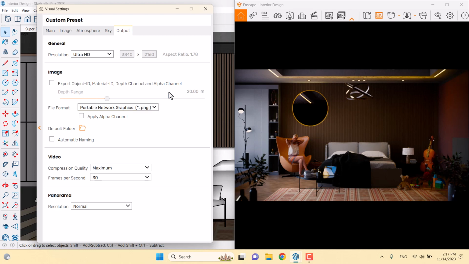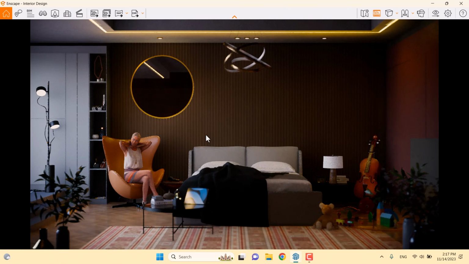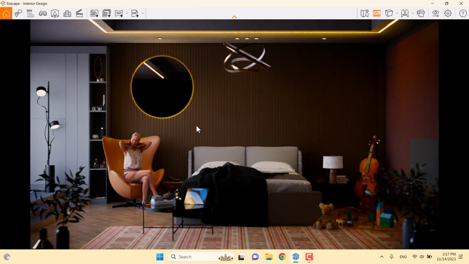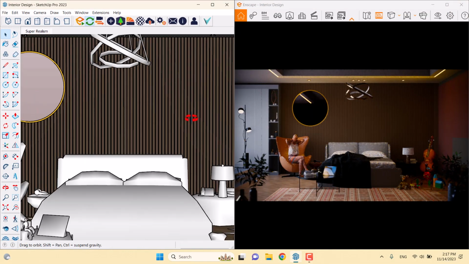I will change my rendering quality to Ultra, and output is about Ultra HD. My file format is PNG, and all of them is done for me. If you want to add other lights, you can do this. For example, this sleep light can be turned on. So for the final step, I will